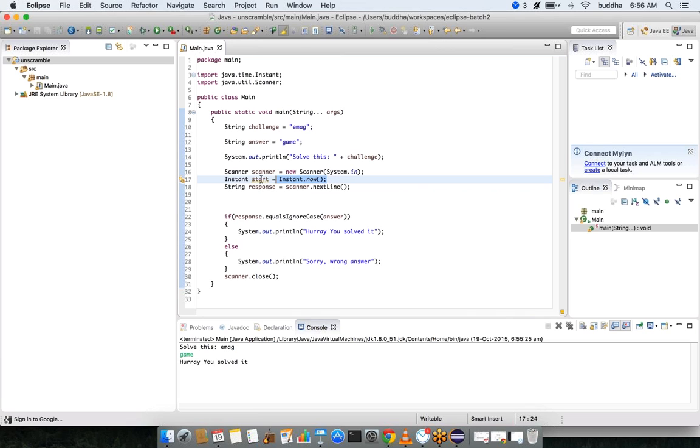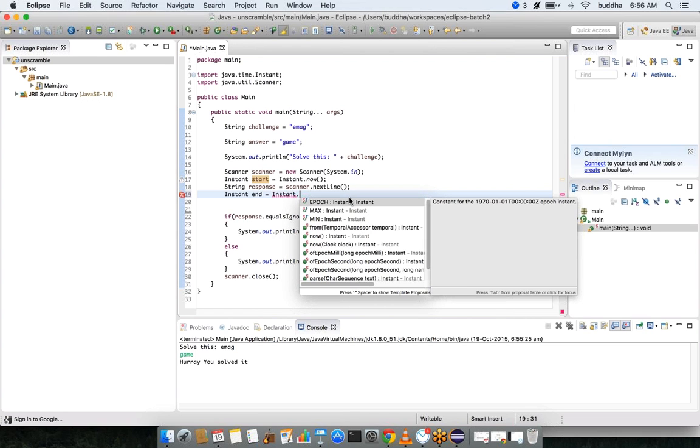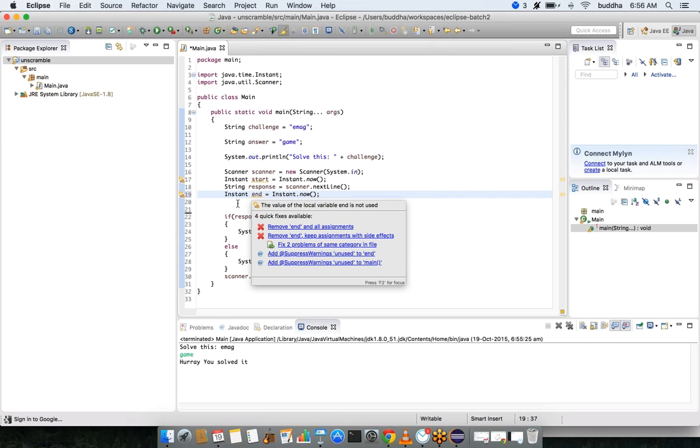Whenever this line gets executed, that time will be stored in start. And then when the user has entered the response, I'm storing the time at that point in something called end.